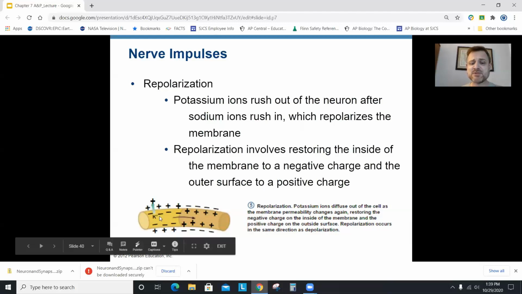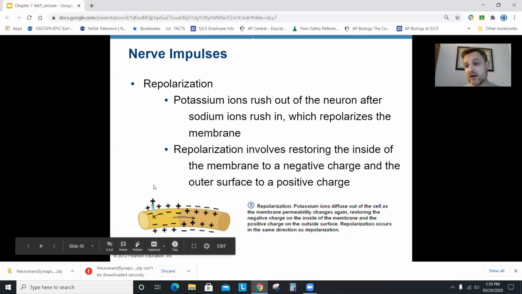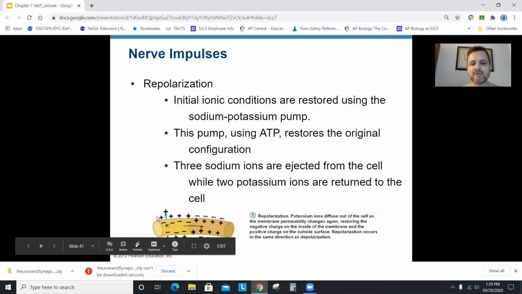So as the action potential moves to the right, where it previously was, the sodium gates close, so sodium can't come in anymore. The potassium gates open, and potassium diffuses out, which resets the left-hand side of the neuron to be negatively charged. And again, it goes down the whole length of the neuron. Now, once you're done,